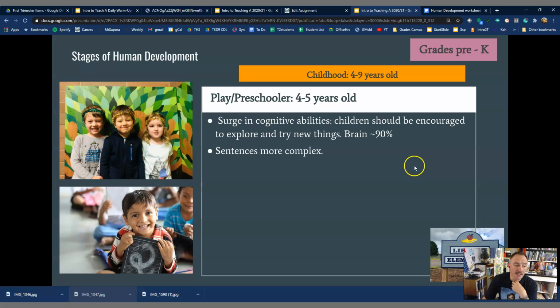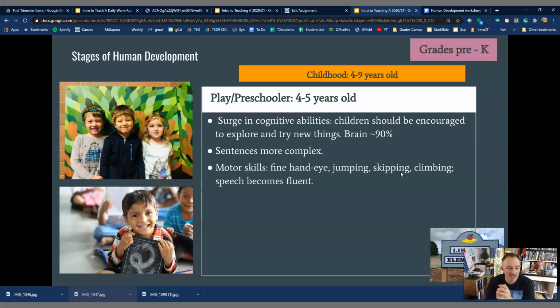Sentences become more complex. It's no longer just mindless blather. Just kidding. Motor skills: fine hand-eye, jumping, skipping, climbing, throwing things. This is super fun. You have realized that you have a new toy, and that is you. You can do awesome things. So kids love climbing trees. They love throwing things. They throw their toys around. All kinds of little kid games. And speech, yeah, at this point,